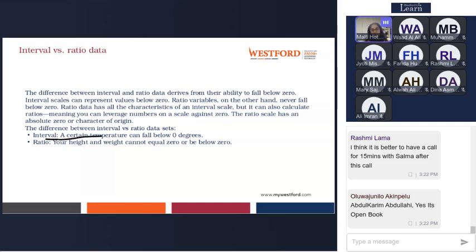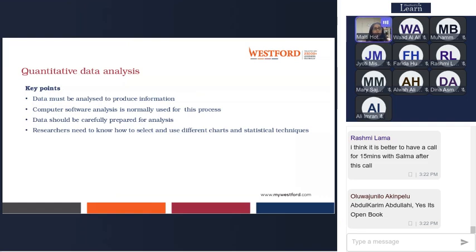Fine. Now let's come to the next one. Quantitative data analysis: the main point to remember is that here data is analyzed to produce meaningful information, right? We'll be playing with numbers in quantitative data analysis, in order to produce some meaningful information out of them. Otherwise, we'll just see the number of students in the class, height, weight. These are pure numbers, right? So you have to produce detailed, meaningful information from the data.